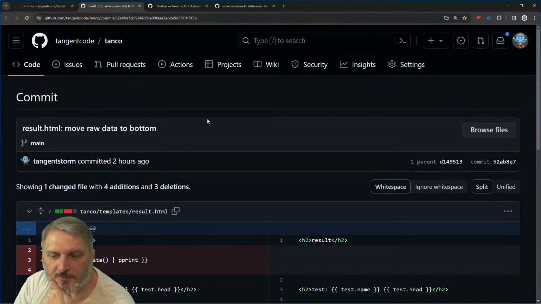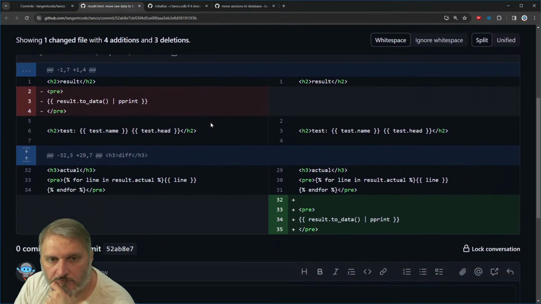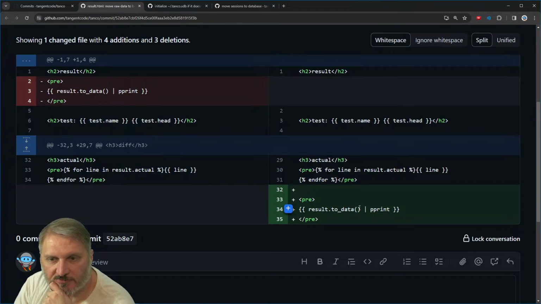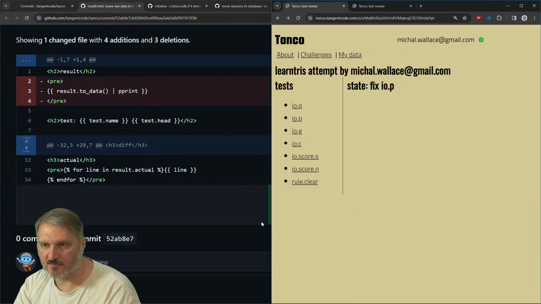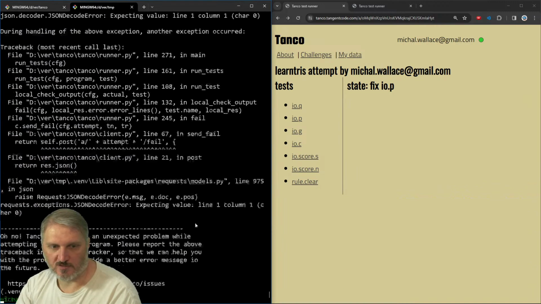Result.html, move raw data to bottom. Easy. It's just because this data is huge, right? So when you run the test, you get